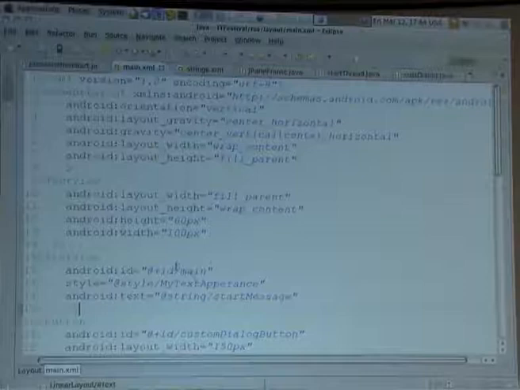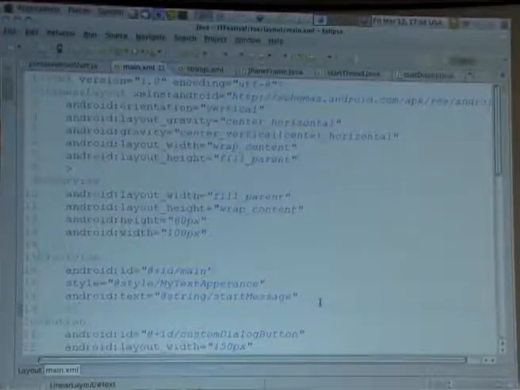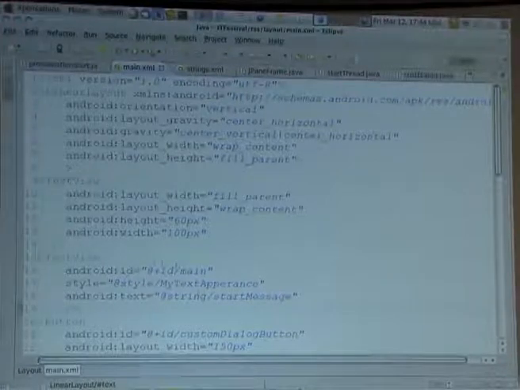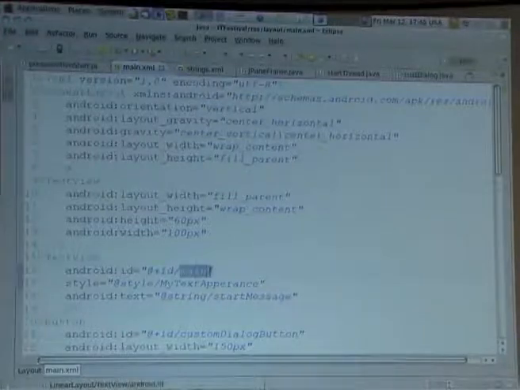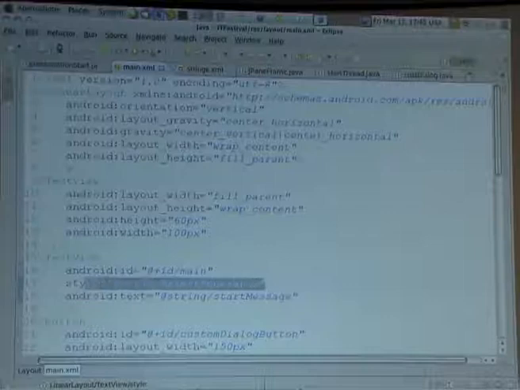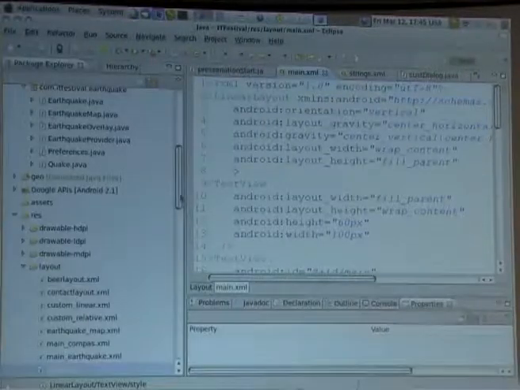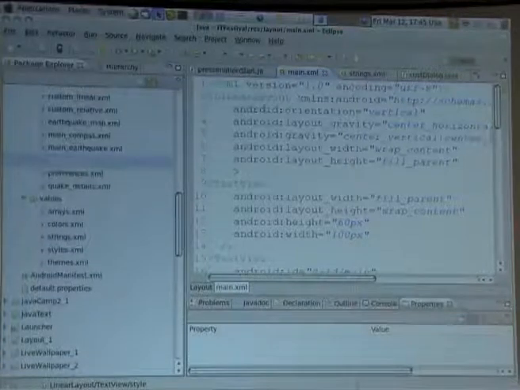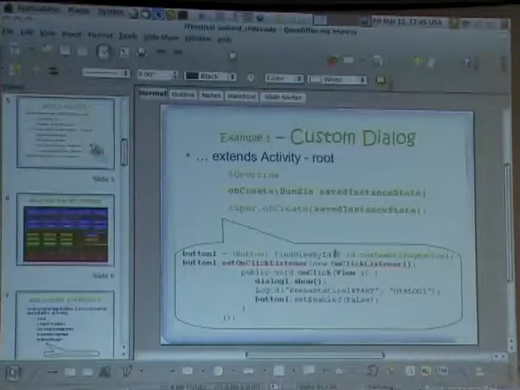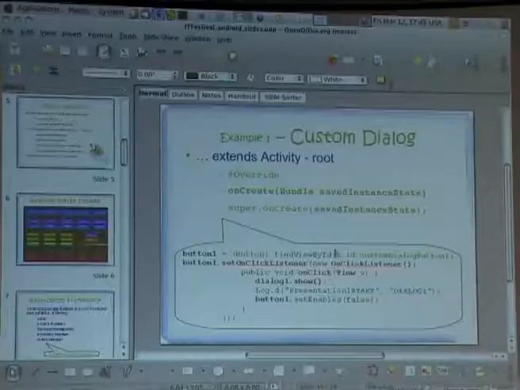It has its name, and if a text should be displayed here, I have to assign that. I have to send it using this ID, mine. And I'm also respecting some style. Styles are also stored in other XML files. Okay, we can continue, and I'll later touch on what it is really doing.